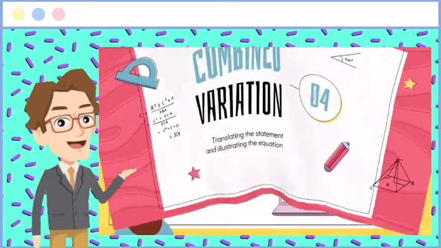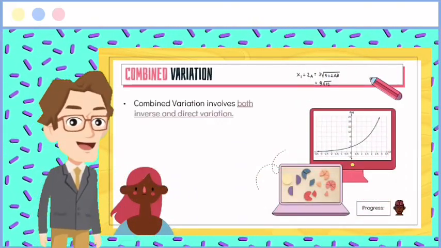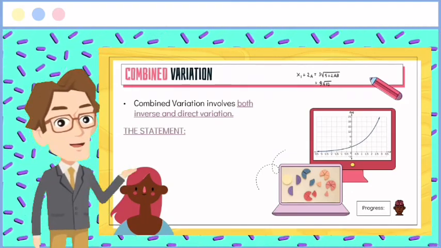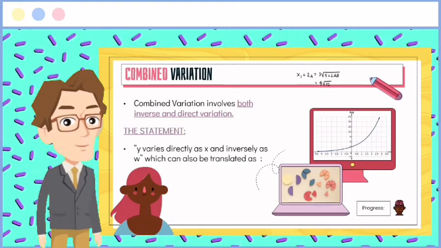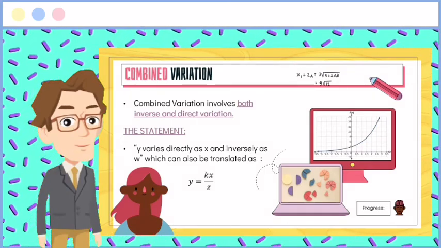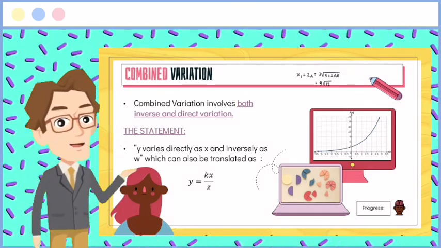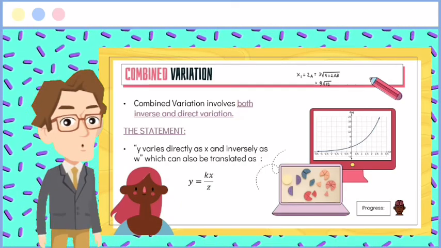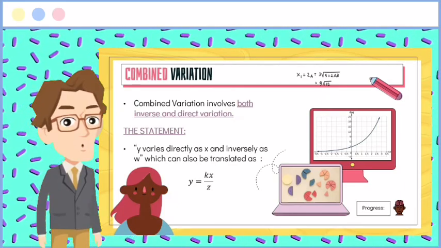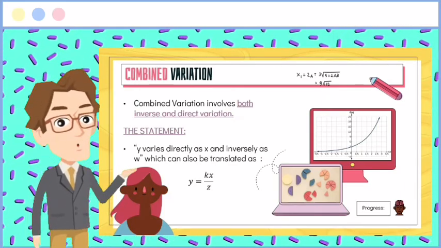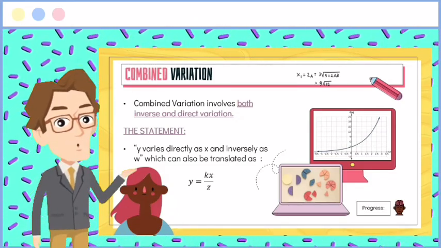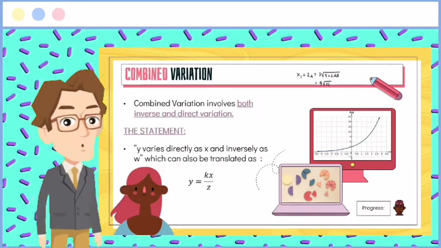Now, let's learn about combined variation. Combined variation involves both inverse and direct variation. Combined variation describes a situation where a variable depends on two or more other variables and varies directly with some of them and varies inversely with others. Now, this is the statement we will usually see when dealing with combined variation. y varies directly as x and inversely as w, which can also be translated as